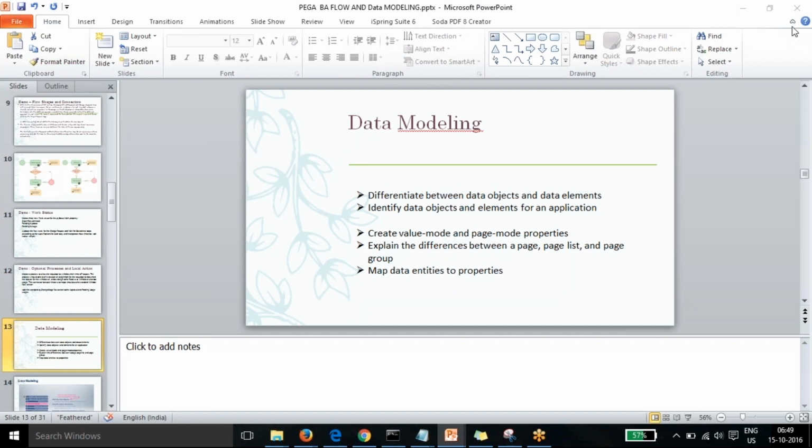what data we require for our project, and how we can combine it into related entities as data objects. And then finally, we create the entity relationship diagram, the ER diagram, so that from that we get to know what different entities are required, what different attributes are required for each entity, and then finally we go for the relationship between them. Then we are going to see the Pega data model, the different fields present in Pega to represent that. And finally we are going to see how we can create properties and do our data modeling in Pega.